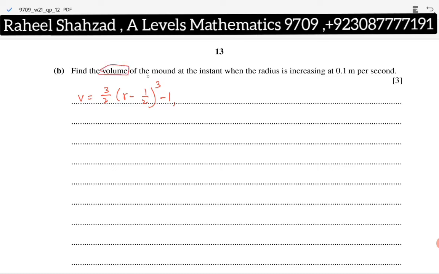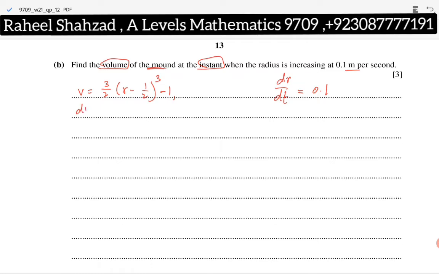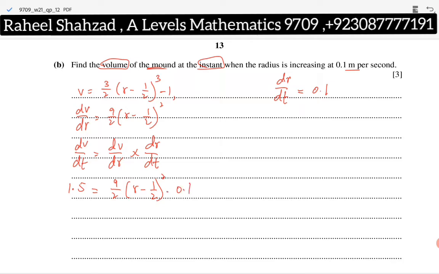So when dr by dt is equal to 0.1 per second, dV by dr is equal to 9 by 2 (r minus 1 by 2) square, and dV by dt is equal to dV by dr into dr by dt. Now dV by dt is always 1.5 in this question. dV by dr is 9 by 2 (r minus 1 by 2) square into dr by dt, it's given as 0.1. So